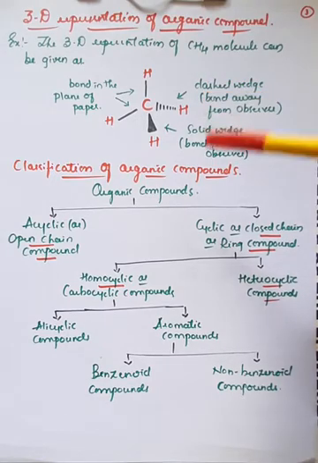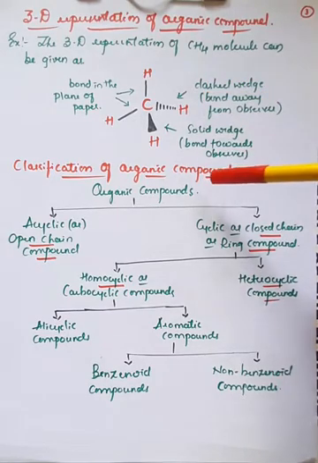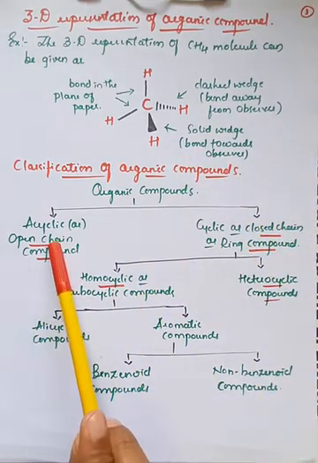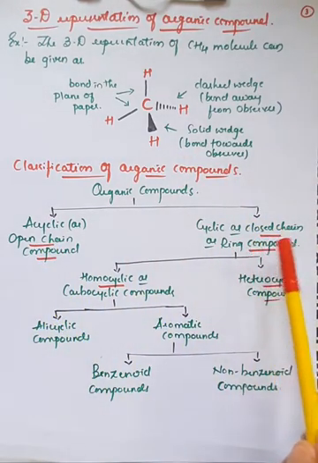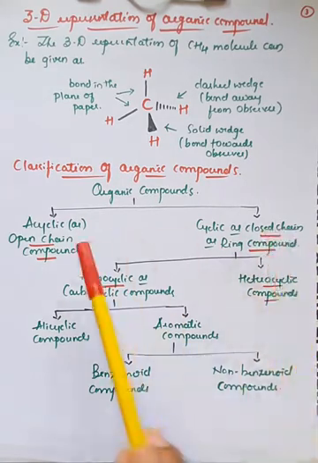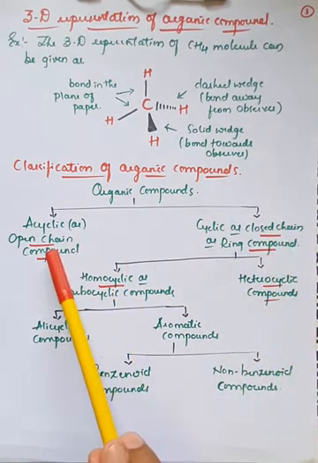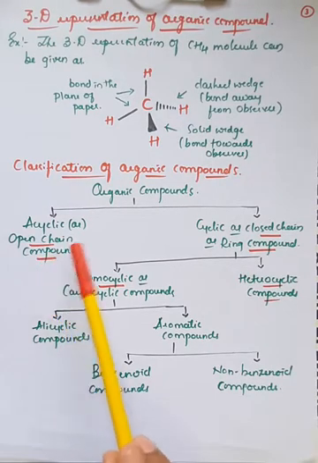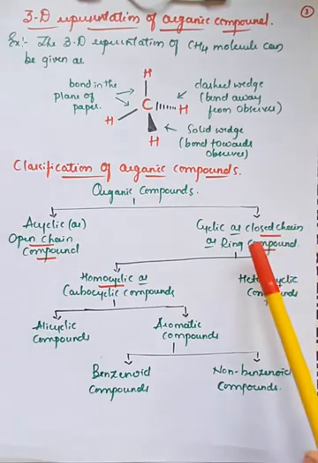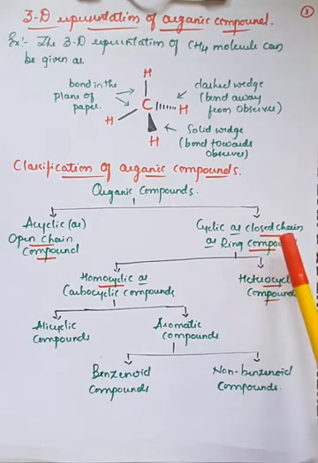And after that, if we go for the classification of the organic compounds, generally organic compounds are classified into 2 types. One is acyclic and the second one is cyclic, or it is also called closed chain, or you can also call it ring compounds. Acyclic compounds are generally called open chain compounds, and there is no further subdivision of these open chain compounds, but the further extended part is only with the cyclic or closed chain, or ring compounds. Ring compounds are further categorized into 2 ways.